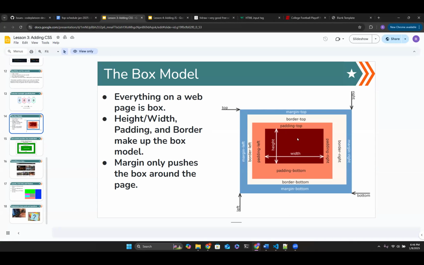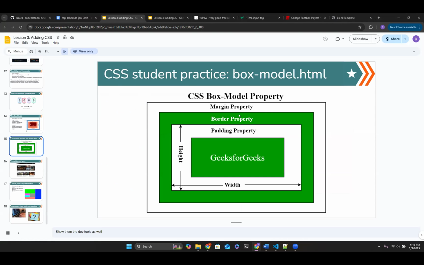Here we have the diagram once again. You have where the content is, at the original box itself. You set the height and the width, right? By default, the padding and the border, I'm not quite sure what it's set to, but it's set to very, very minimal. And then you can fix the padding, and the padding we see here is the space between your border and your actual element itself. Then you have your border, and then the space outside of the border, that is your margin, right? And we're going to see how this works in a little bit with the next practice one here.